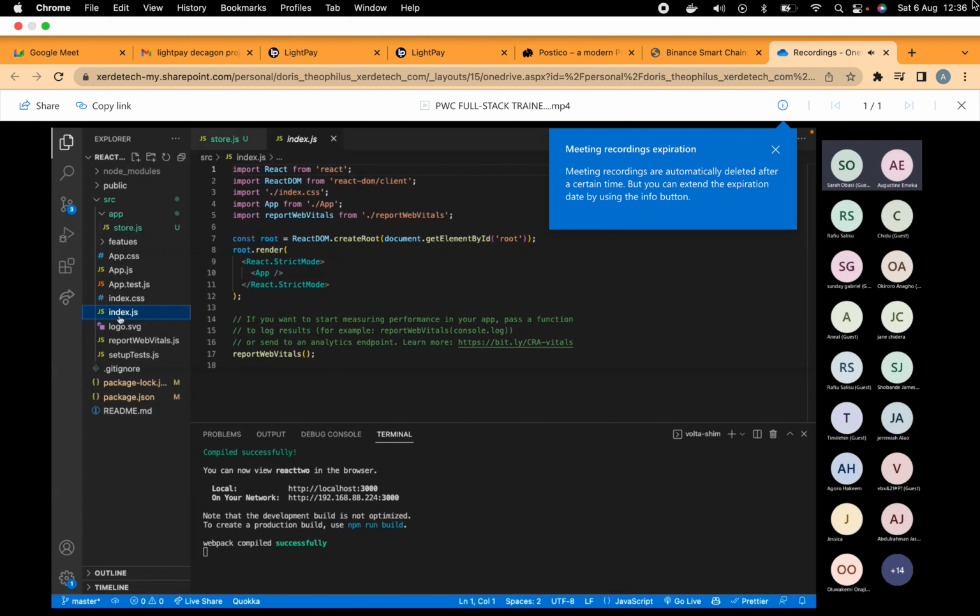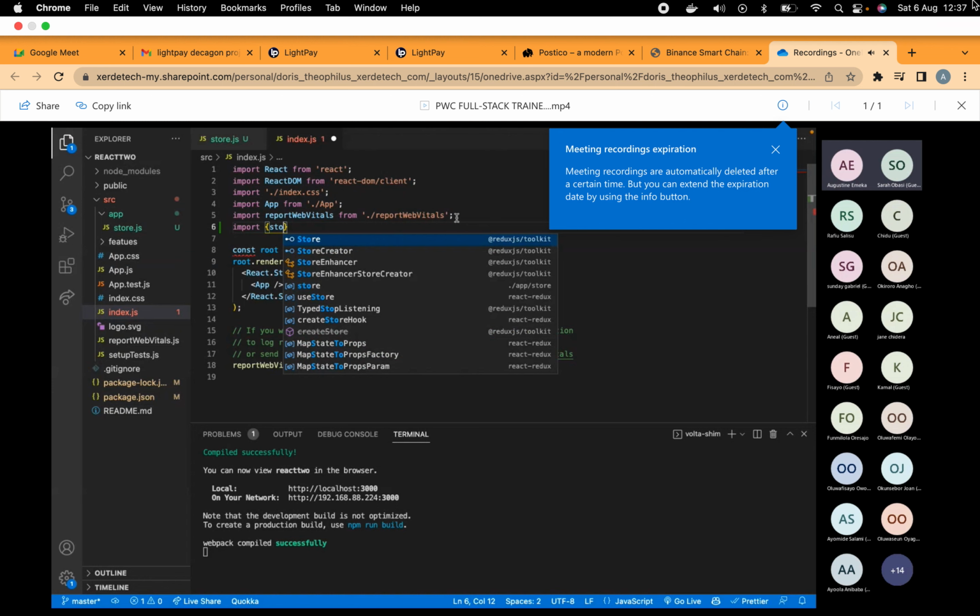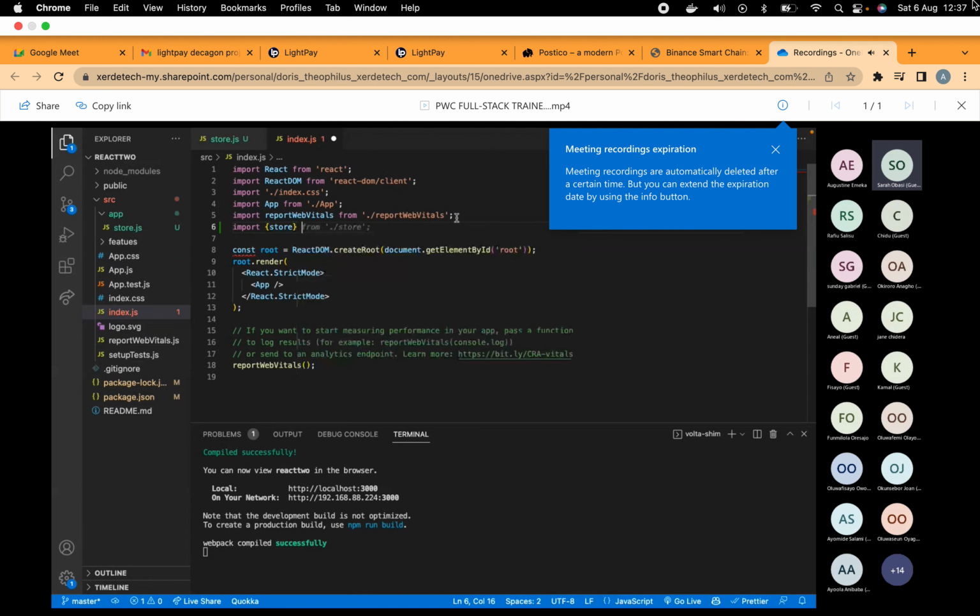Okay, so once you are in your index.js, I want you to quickly come here, click down, and import the store. I'm going to simply say import, and we know that the store is a named export, so I'm going to import the store, and I'm getting the store from